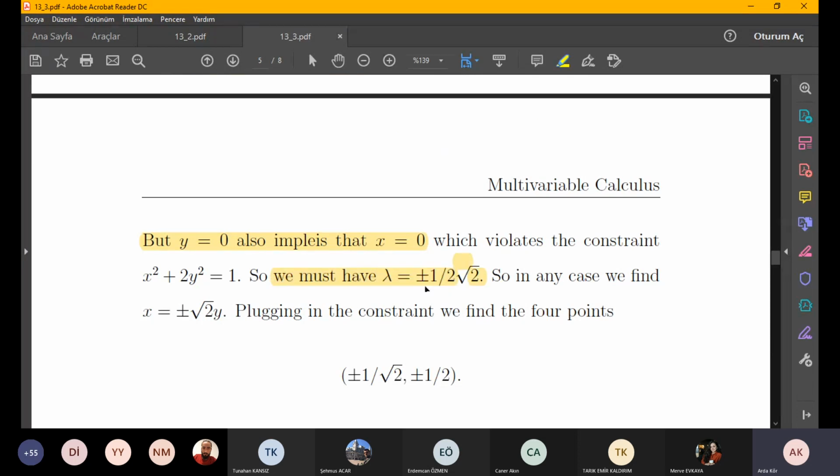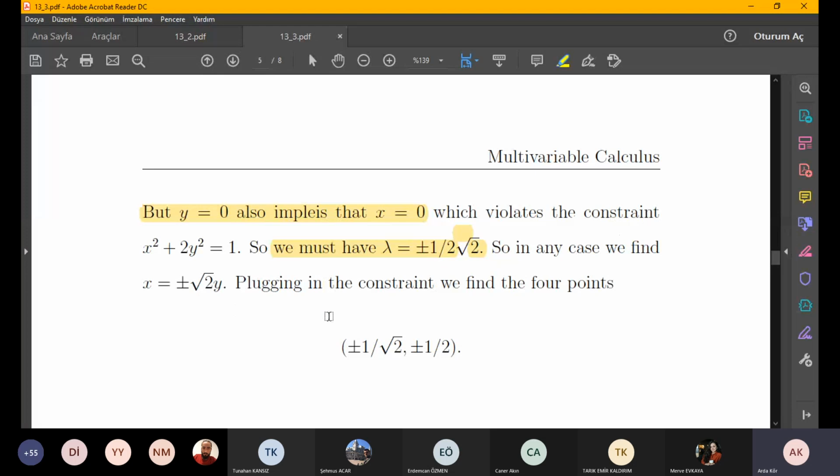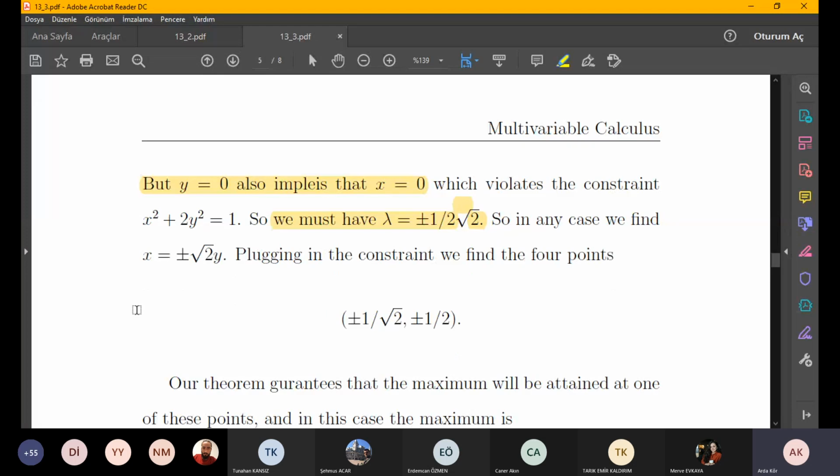So in any case, plus or minus case, we find x as